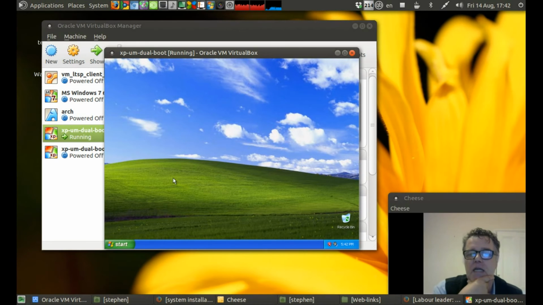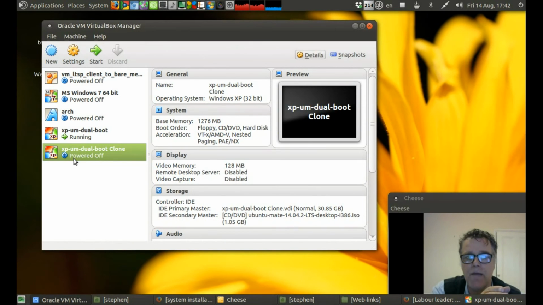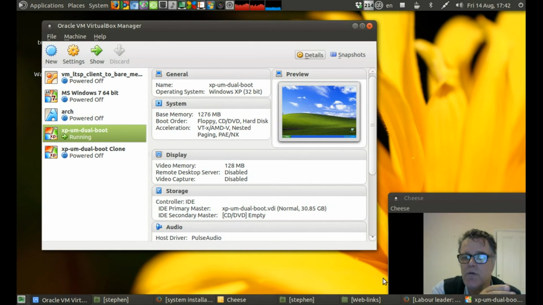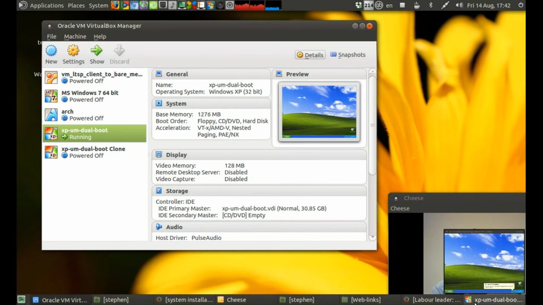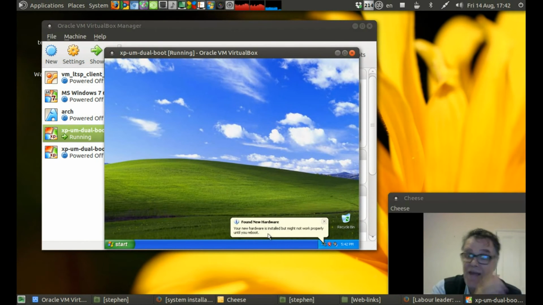So what I'm going to need you to do for me is to put a post up on the thread telling me precisely where in the installation process you cancelled it. The reason being is you remember I took that clone there. What I'm going to do is try and install Ubuntu Mate and then cancel it at exactly the same point you did, so that it'll leave the same mess of partitions on there,